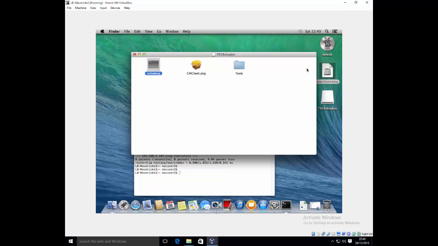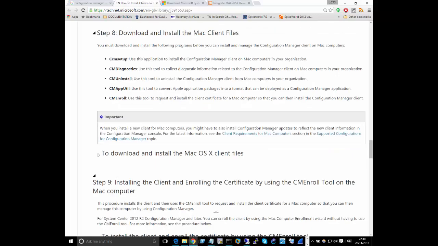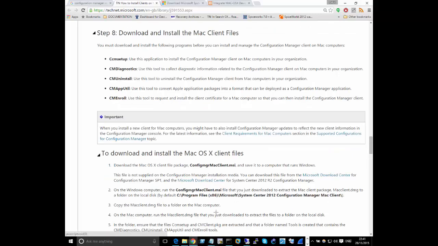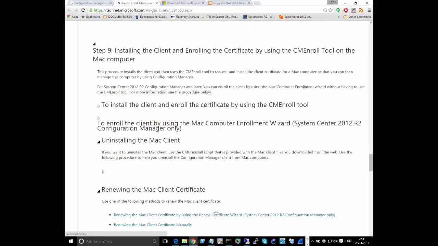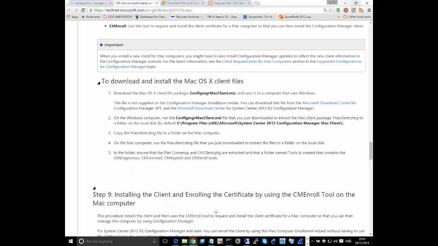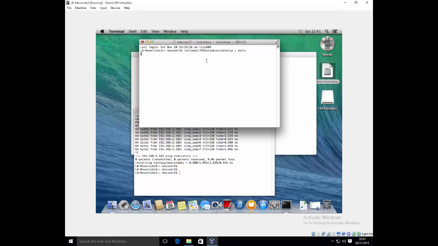Here's our SCCM setup. From now on it's a bit similar to the one that we did for Windows. So you've extracted it, you can use SCCM setup and just run that. The other thing to note for the Mac is it has a location where it stores the majority of the information. Because the account I'm logged in as doesn't have administrator rights,